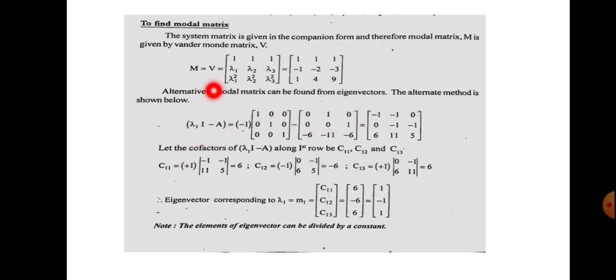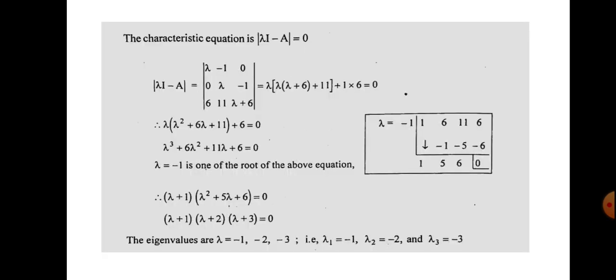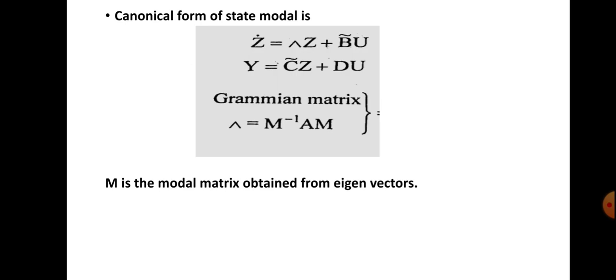So first of all, corresponding to lambda 1, you have to find out the first eigenvector, or cofactor matrix. That is lambda 1, whenever first lambda 1 equal to minus 1. See, here, what are the values of lambda? Lambda is minus 1, minus 2, minus 3. First, you are taking the minus 1 value. So, lambda 1 I minus A matrix will be equal to minus 1 into I is this matrix, minus A is this matrix. So, you will get this matrix.